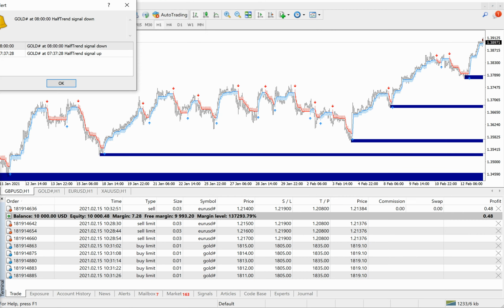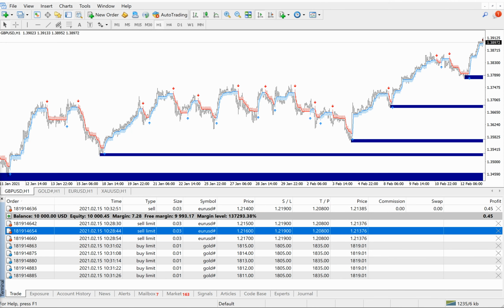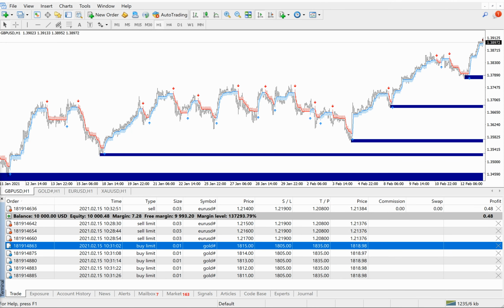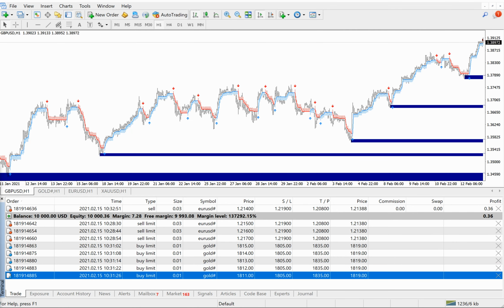Let me show you the account of, this is the $10,000, where you would be able to see that in Euro USD and gold at the same prices 2140, 2150, 2160, 2170 the trades have been placed. For gold 1815, 1814, 1813, 1812, 1811 the trades have been placed with SL of 1805 here, SL of 1.2190, TP of 2080, here the TP of 1835, Euro USD trade already activated. So here the trades are placed the same as the trades were placed in the $100,000 account, but here you can see that the lot size has been reduced.